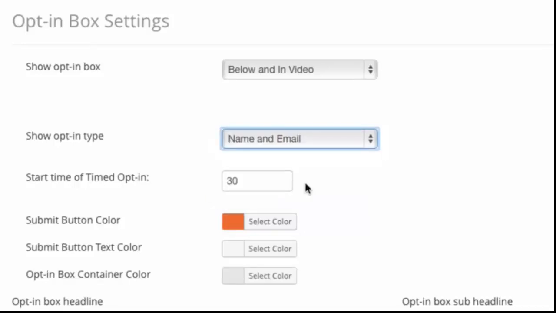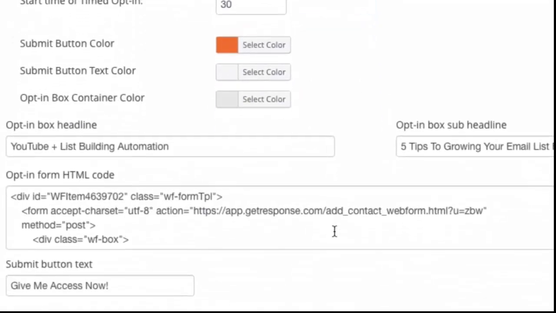You can have the opt-in appear at a specific time. So you can set it up so that the video plays for 30 seconds, then it automatically pauses and the pop-up appears inside the video player asking them to opt in. Now that's pretty cool. Now just down here you customize the colors of your opt-in box, and last but not least